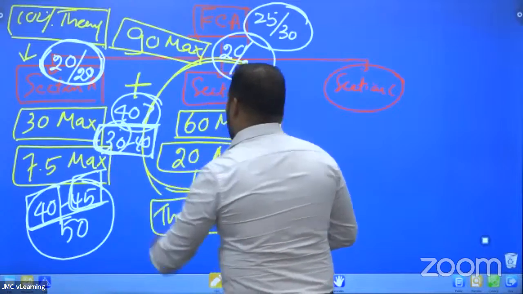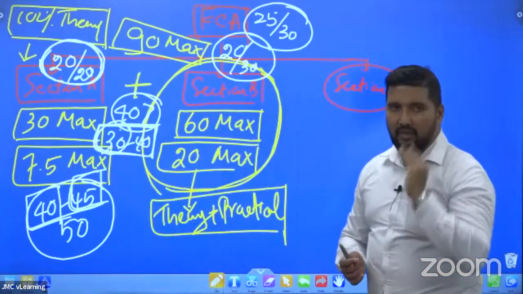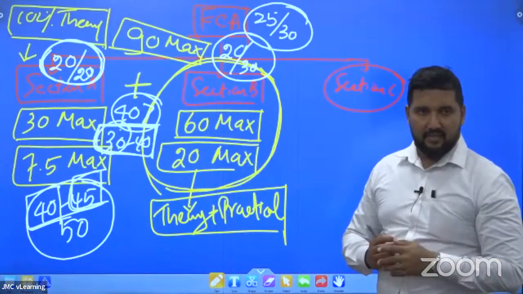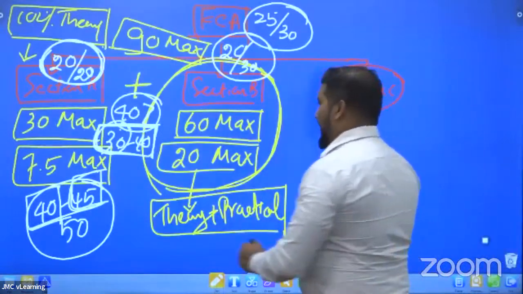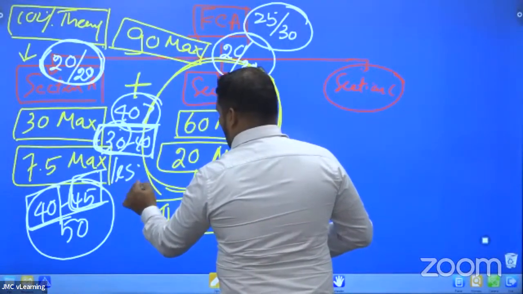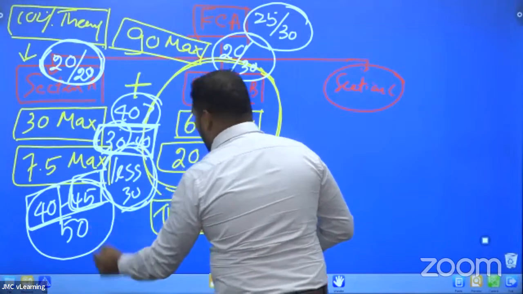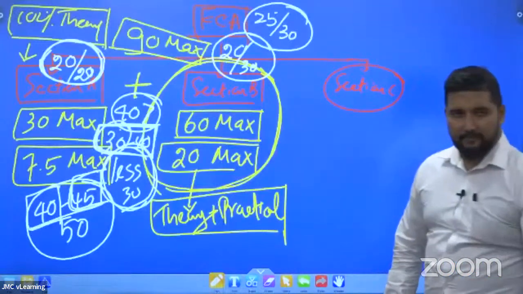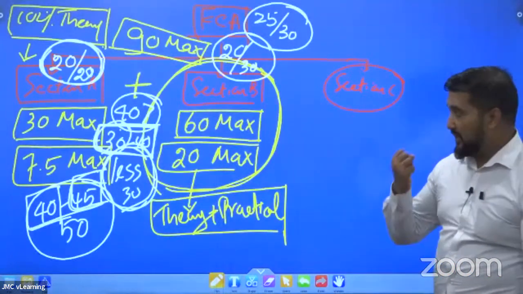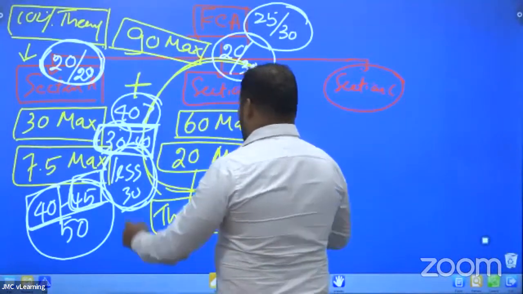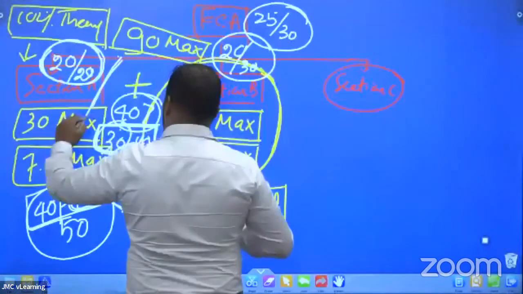So in that context, if you obtain marks in between 30 to 40, I would say you are in the middle, on the fence. But if you obtain less than 30, I'm sorry to say you had to repeat the exam again. Agreed? So therefore, try your level best to capitalize on section A.